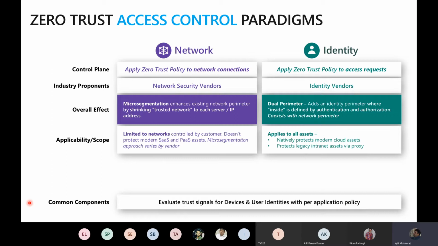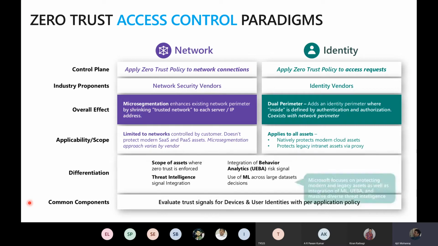And the applicable scope on the network side was pretty limited, right? Simply because protecting SaaS and PaaS assets is way beyond the network segmentation level that you can do. But when you come to an identity perimeter, it's star. It's across, because I as a user can come onto my on-premise apps and I need to make sure who I am and that I'm trusted, etc. I as a user can go to cloud-based apps. Again, because I'm part of the organization, I need to be able to ensure who I am, what device I am, where I am coming from, etc. So the identity security perimeter encompasses all those assets, right?